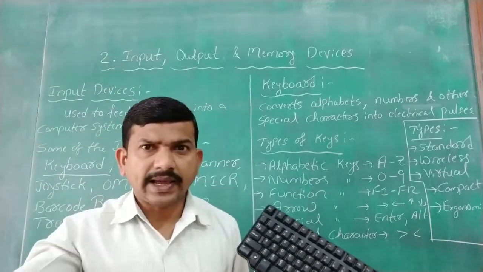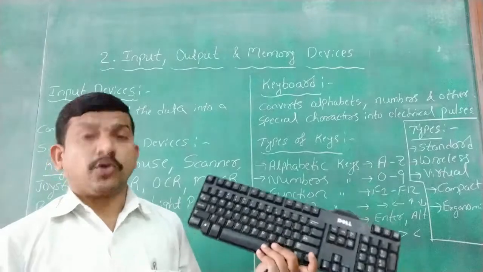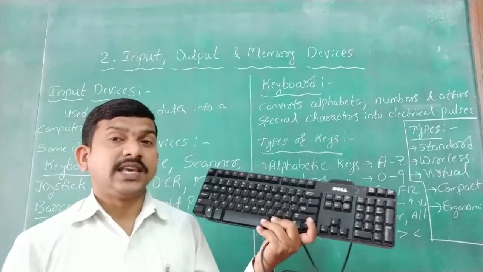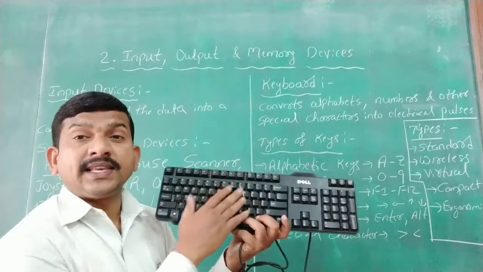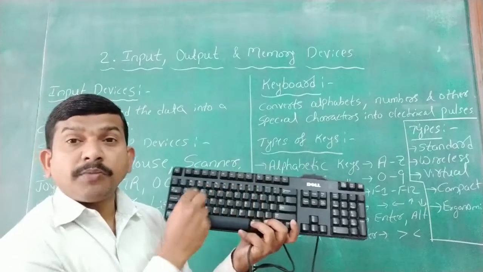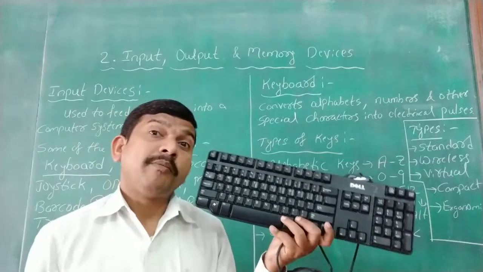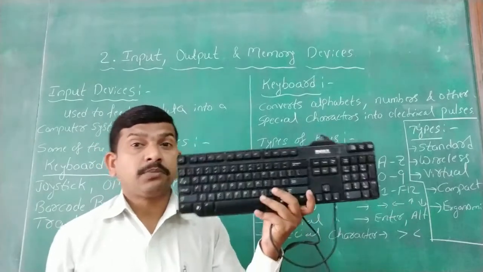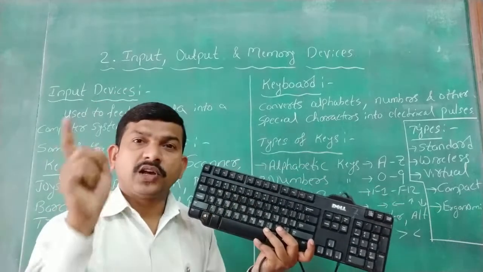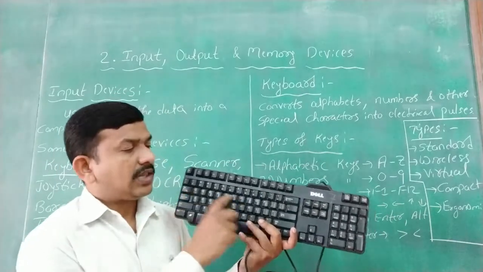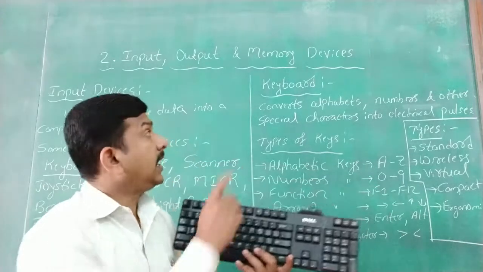Blackboard, there is a black color, blackboard. Similarly, here it is a keyboard. Why do we call it a keyboard? Because it contains some keys. Here there are so many keys, buttons. Normally we call them buttons, commonly when you're talking. But actually these are keys. So if you are a computer science student, don't say that these are buttons. These are nothing but keys.